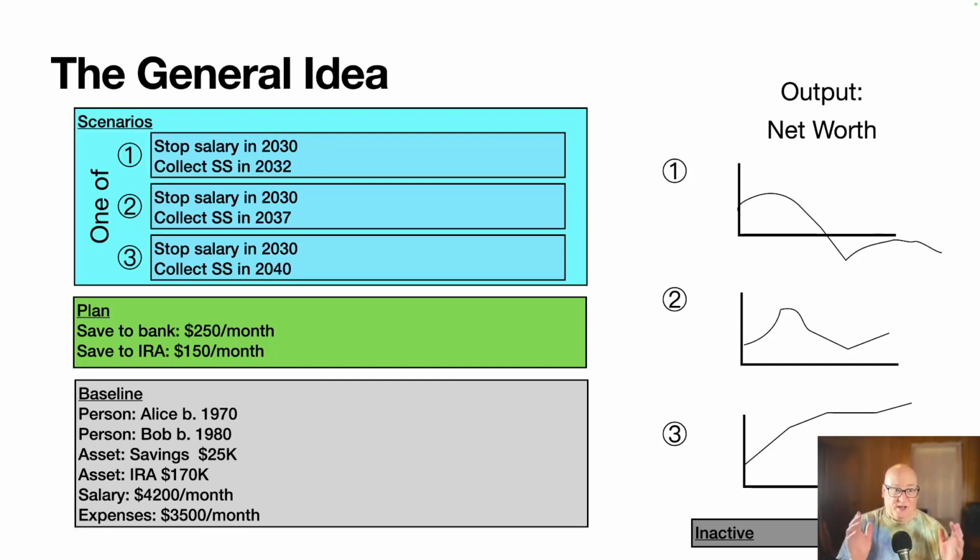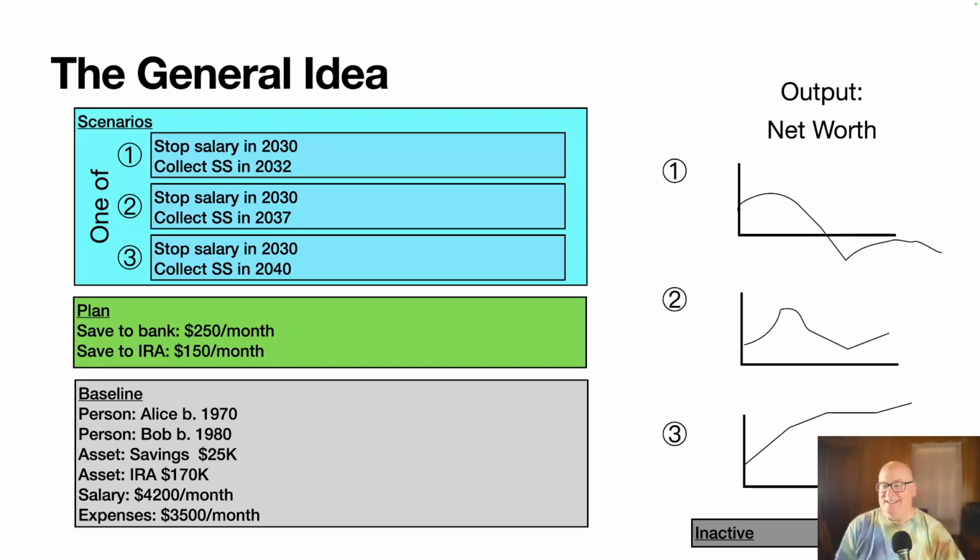Okay, and so all this combined should give me three separate things. I mean, there are three possible scenarios there for retirement, and I'm showing on the right sort of a guess. It's made up completely, but a net worth. If I retire too early, maybe I end up running out of money, and I'm just kind of in this zero value stream at some point. Maybe retiring in the middle one, I don't run out of money, I don't increase dramatically, but the third one really dramatically increases my total net worth.